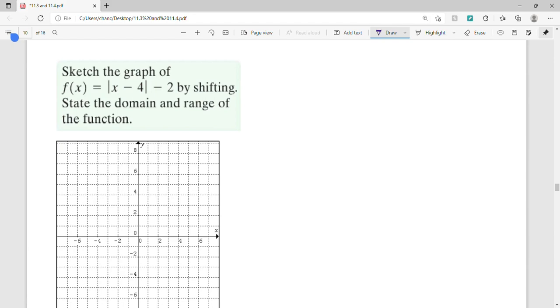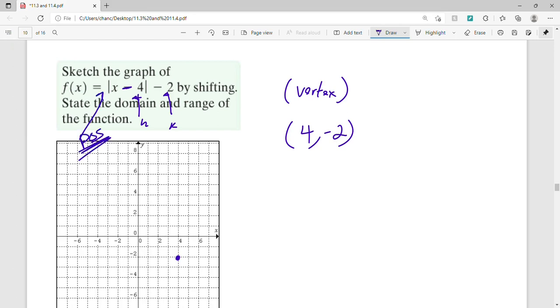In this graph, we have a negative 4. So our vertex is going to be easy to find. This is going to be 4, comma, negative 2. This is my h. This negative 2 is my k. That's the vertex, 4, comma, negative 2. It has a positive leading coefficient. So we're just going to have a regular